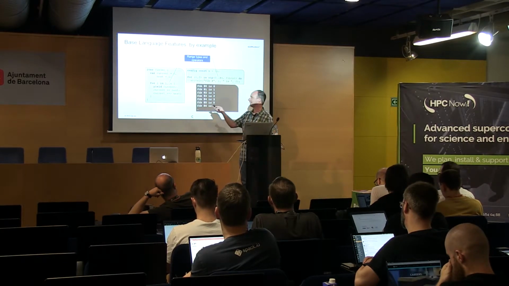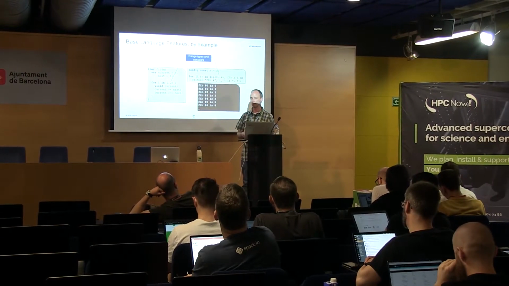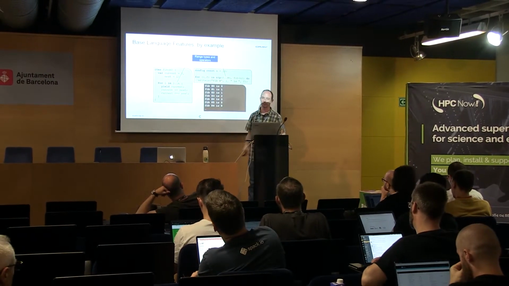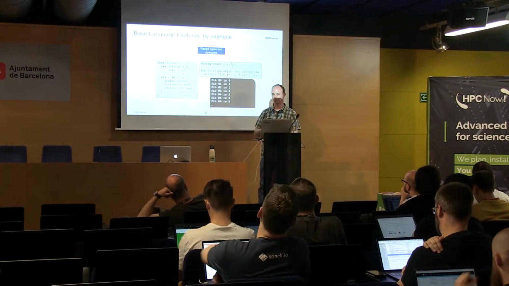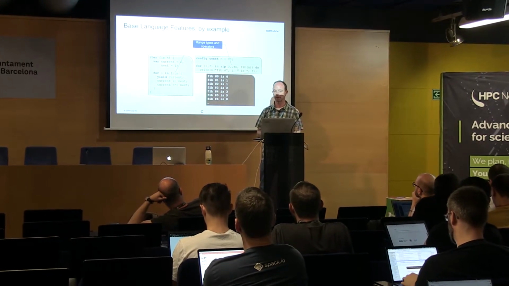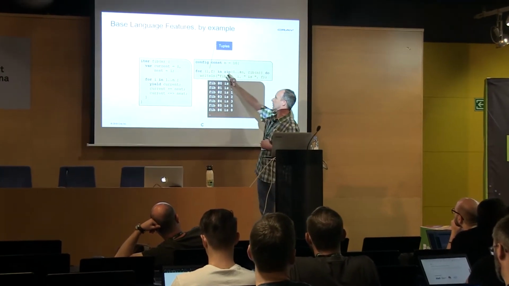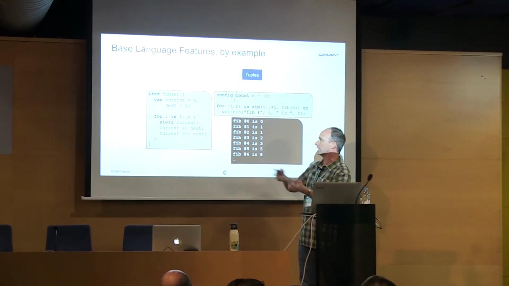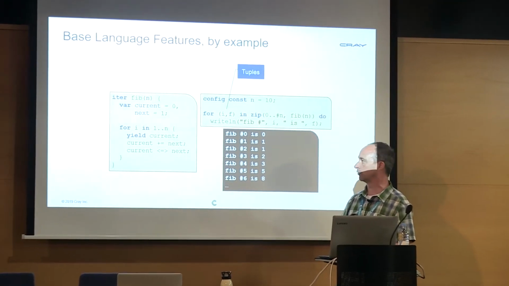But the language has, in addition to this kind of serial iterator we're seeing here, a number of different kinds of iterators, including parallel iterators and what we call leader-follower iterators. And those are all designed to support things like this zippered semantics in an efficient way that makes sense in parallel without ending up with non-deterministic results. We've got some papers about that I can point you to if you're interested in that topic. So we also have tuples in the language. For example, when I do this zippered iteration, the values that are yielded for each of those things I can store in a tuple and refer to them as i and f. We also use these to do multidimensional array indexing and to write rank-independent codes.